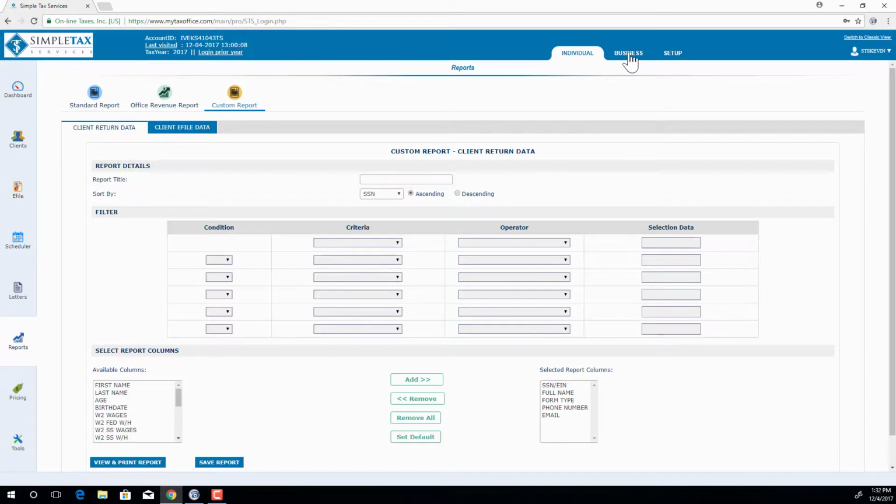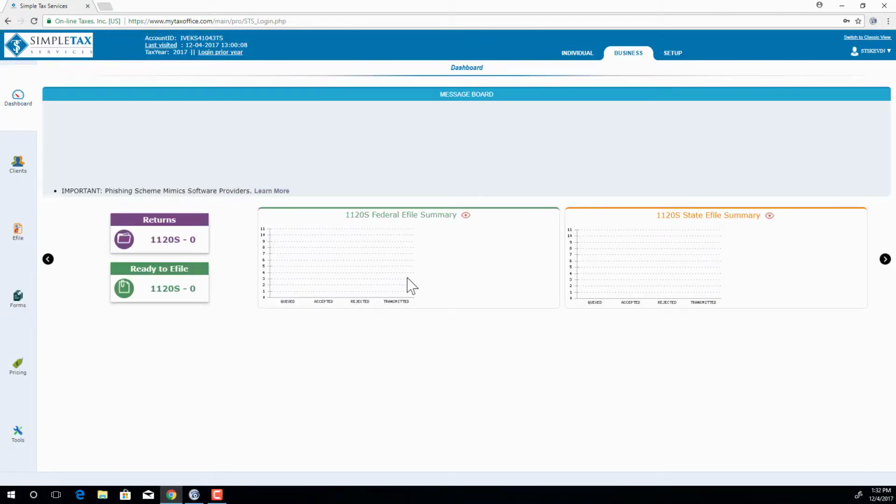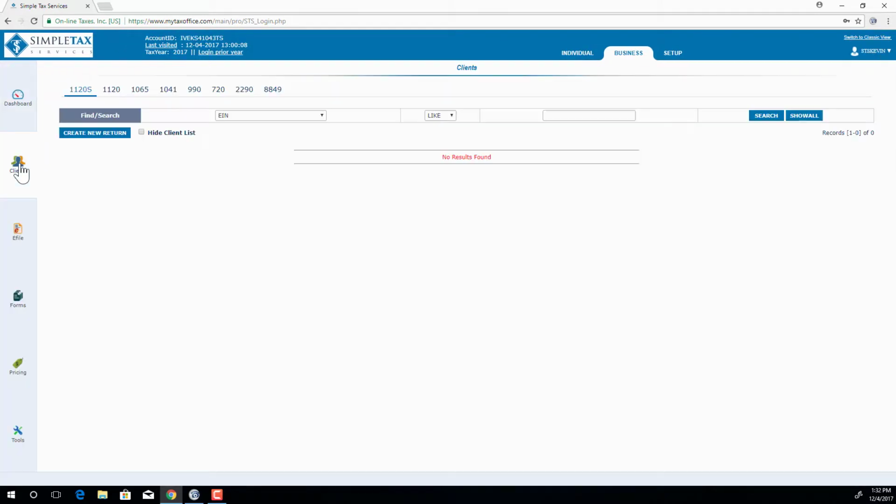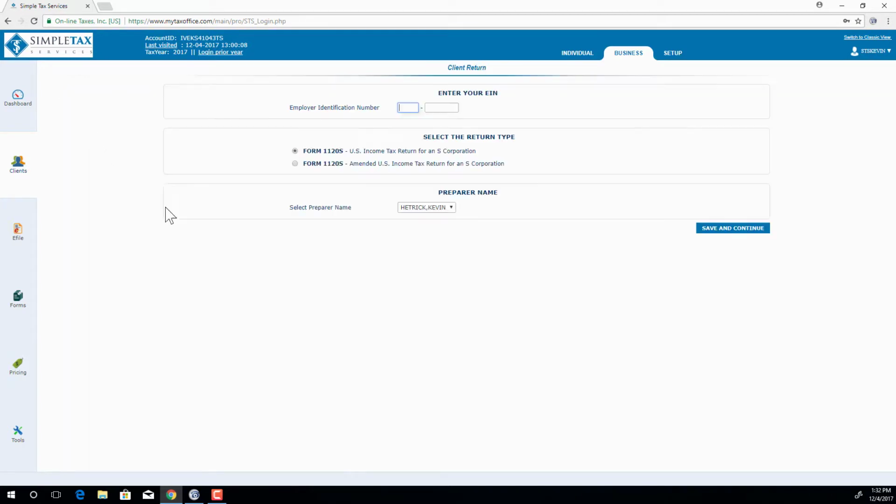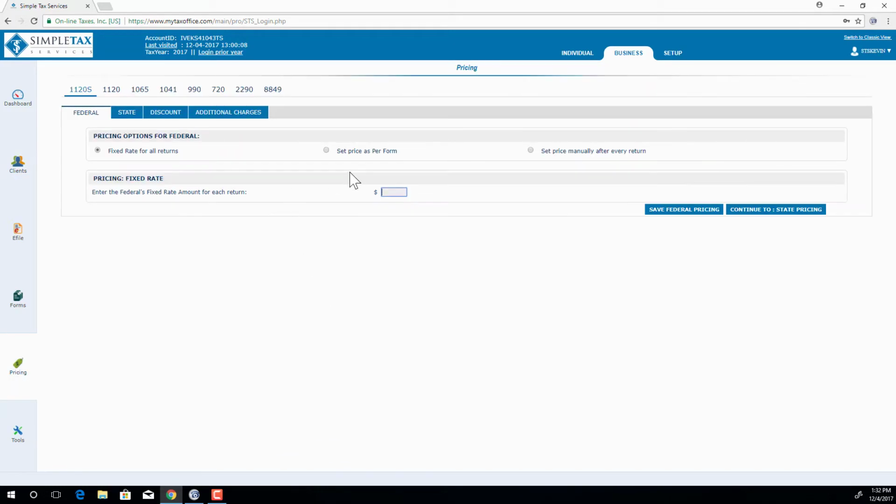Let's look at business. So you'll see very similar dashboard, very similar client profile as well. And you'll see these are all the business forms that we currently support. If you're going to create a new return, click create new return, and you can choose whether it's an amendment or 1120, regular. You do want to make sure that you set the pricing for business. It is a different pricing setup and pricing model. So you do want to make sure that you come back in here and you set these prices